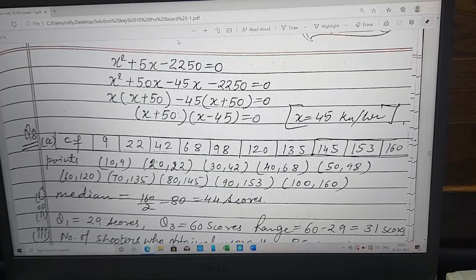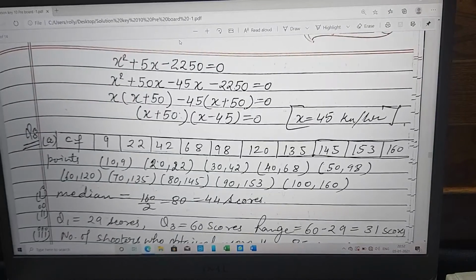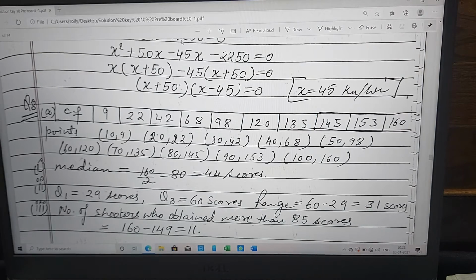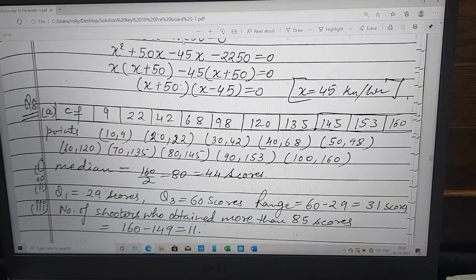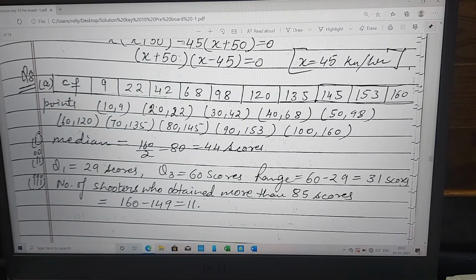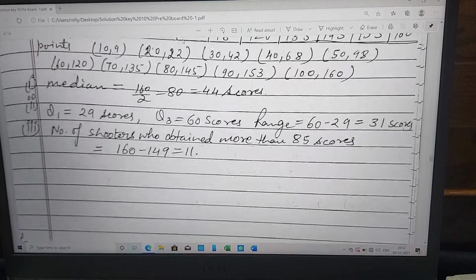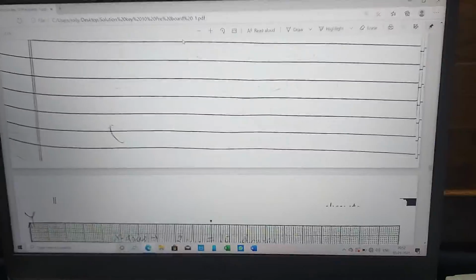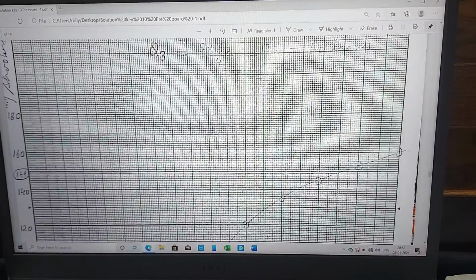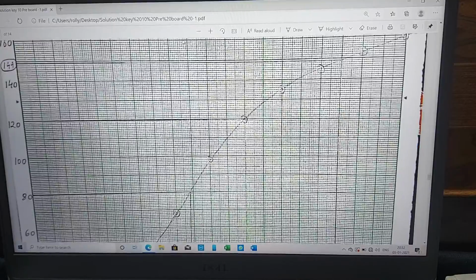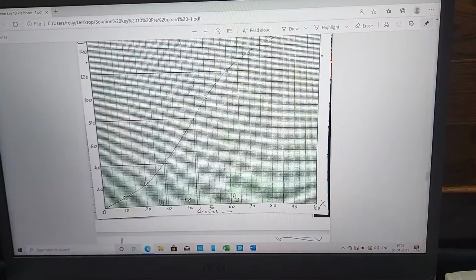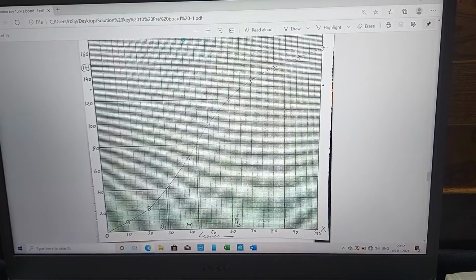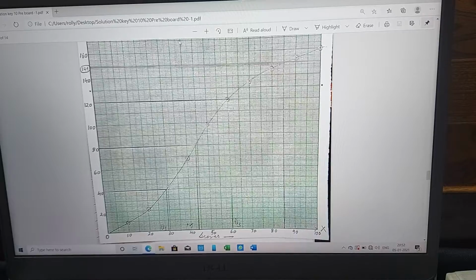For the next question, question number 8, it is cumulative frequency. First of all, you were supposed to calculate cumulative frequency, and the points will be upper limit comma cumulative frequency. So upper limit comma 9, upper limit 20 comma 22. This way you will get the points. Okay. And first of all, I'll show you the graph. It is not shown properly over here, but in the PDF file you will be able to see it. Okay, I hope you can see it. A proper S curve has to be there.